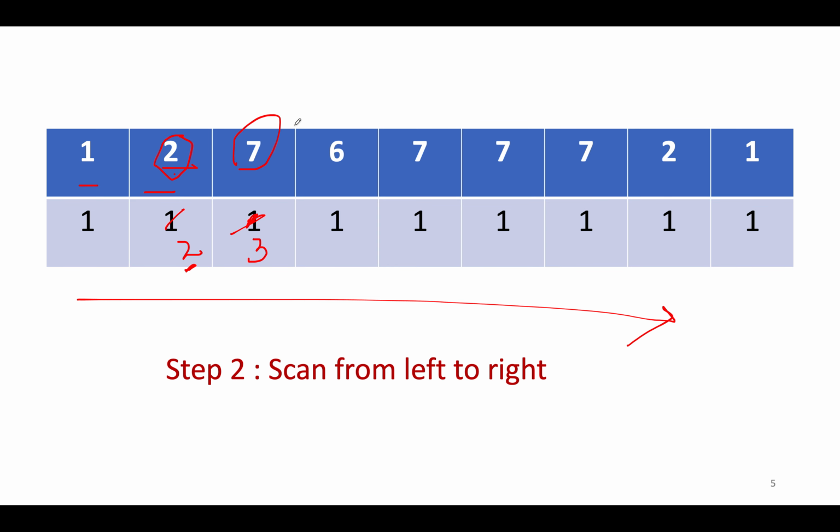Now there is a downhill kind of a thing. The rating is lower, so we'll not do anything. Again, the rating is higher at this node, so we will increase the number of candies at this node to the previous value plus 1. So this gets updated to 2. We'll move ahead, the rating is the same, we will not do anything. Again the rating is the same, we will not do anything. Again we move ahead and the rating is lower, so we'll not do anything. Again the rating is lower, we will not do anything.